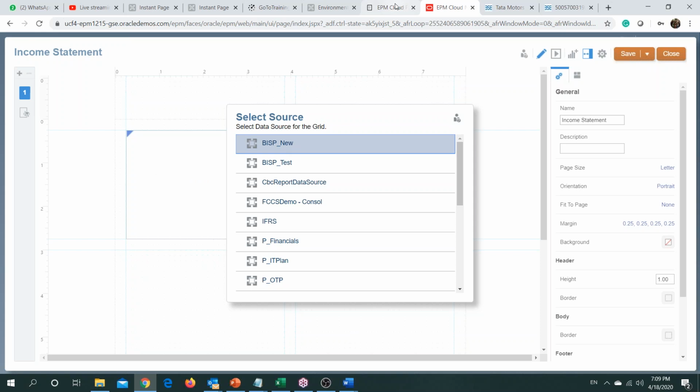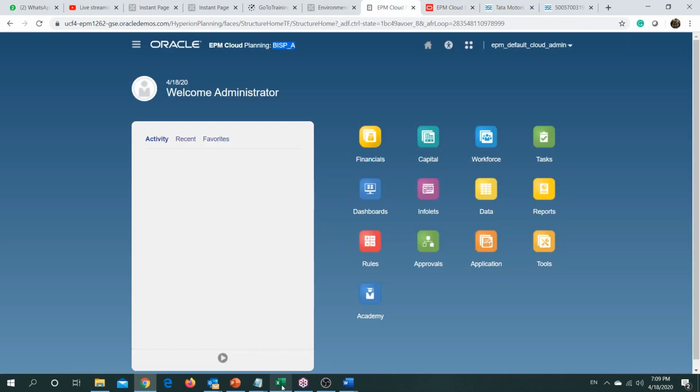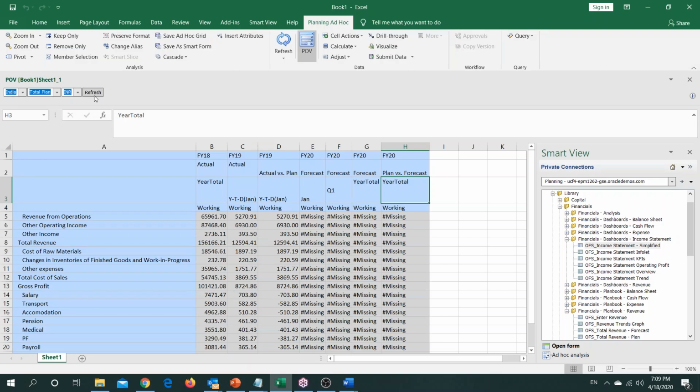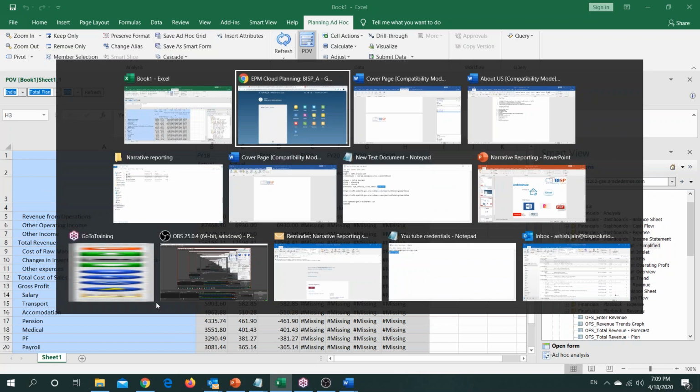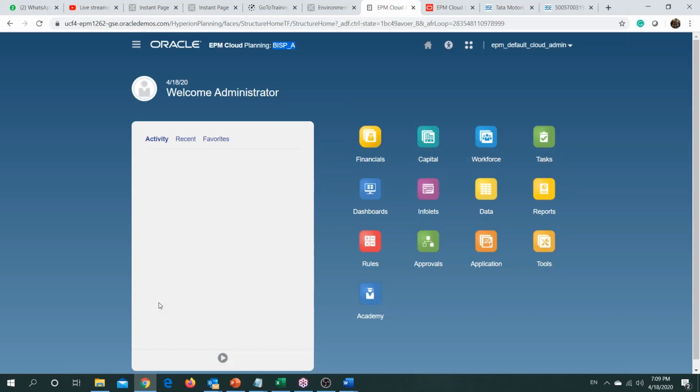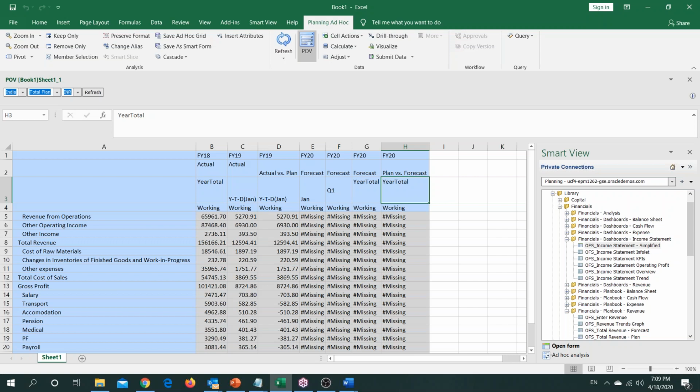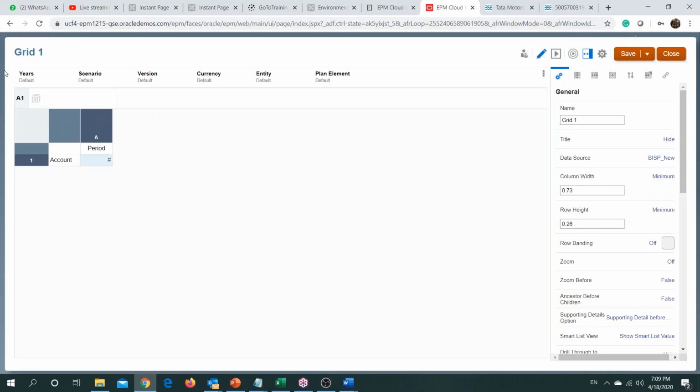So I have the info in my source, and I have retrieved the information also. So this is the information that I have. This is the POV for which I have numbers in my application, and I would be utilizing this particular intersection to build my report in the environment. Okay. So once done, you need to provide your info in here.